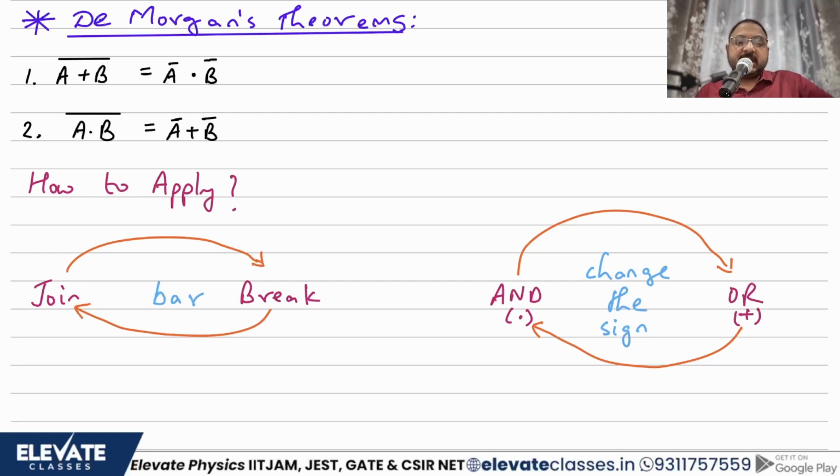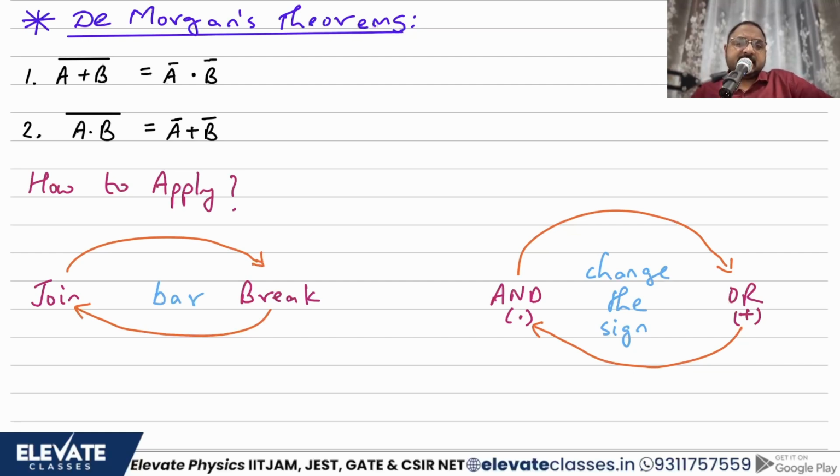Okay, so De Morgan was a contemporary of George Boole, you can call him a friend of George Boole, who started Boolean algebra, and he was the one who gave these two theorems. These two laws, these two identities, are in a sense very powerful and very helpful to solve or simplify a lot of Boolean expressions, and we will be using this multiple times in the course, whether it's your university exams or competitive exams. So let's start and understand what De Morgan's laws are.